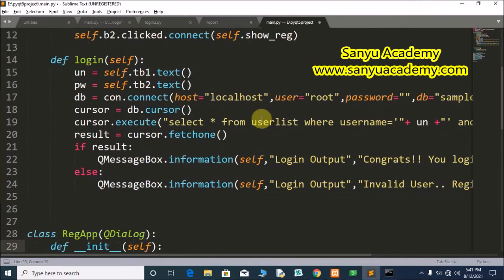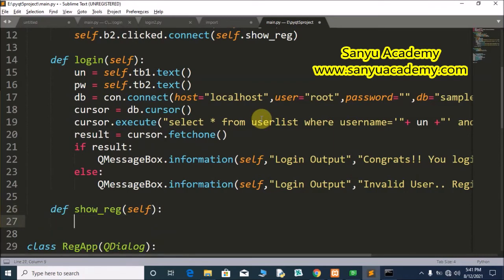This function is also inside this login app class, so we have to provide the self keyword. In this function we have to show the registration form.